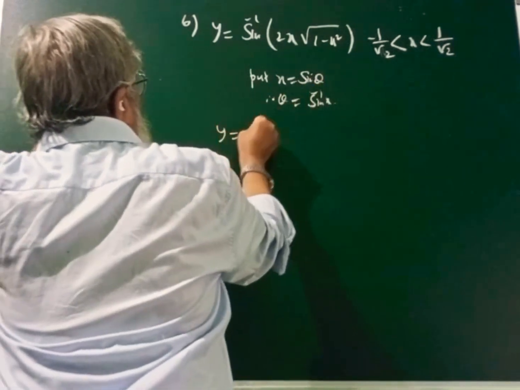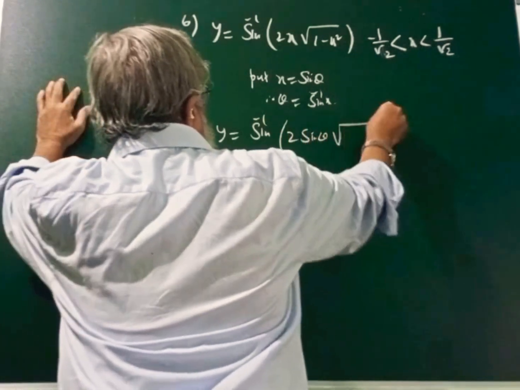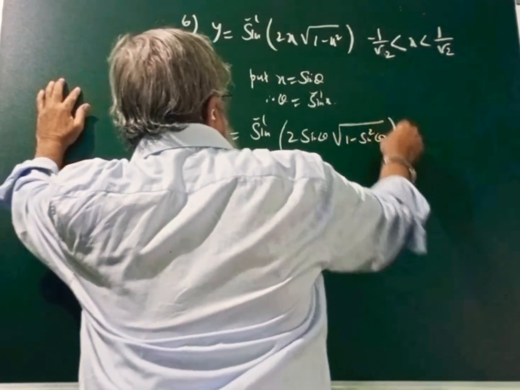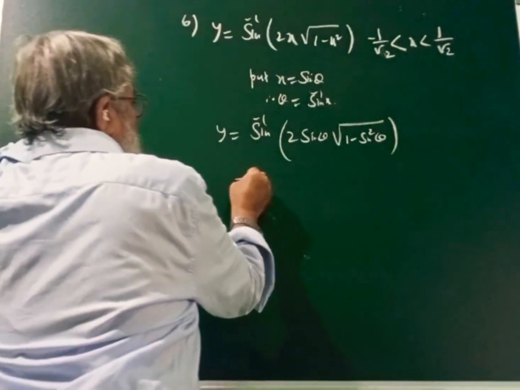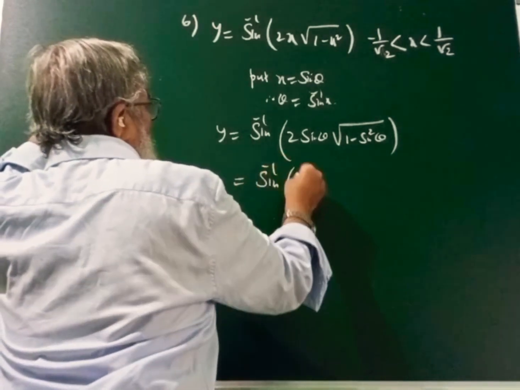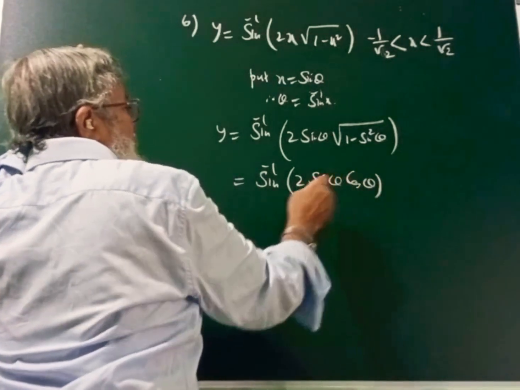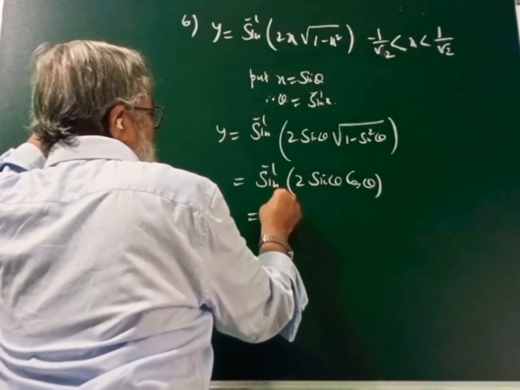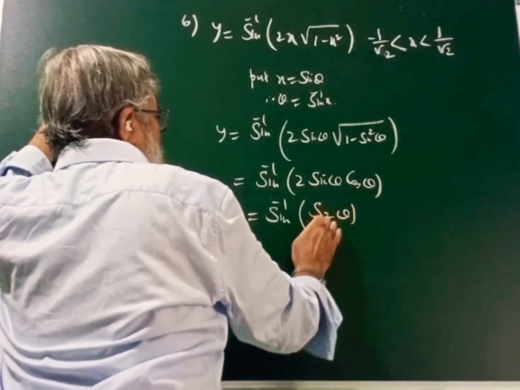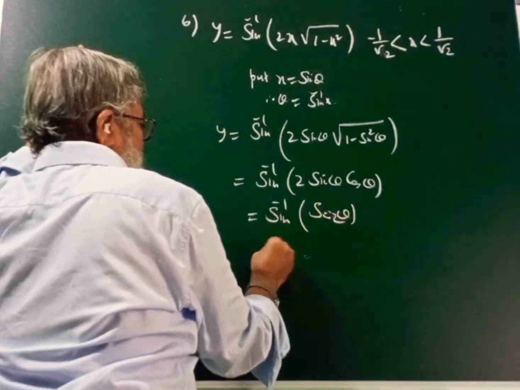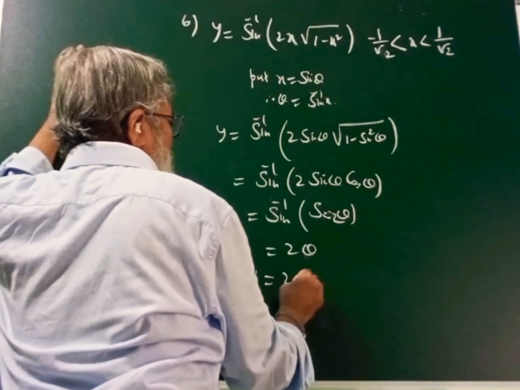Now y is equal to sine inverse of 2 sine theta under root 1 minus sine square theta. Now under root 1 minus sine square theta is cos theta. Therefore we can write it as sine inverse of 2 sine theta cos theta, that is sine 2 theta. Sine inverse of sine 2 theta, again this gets cancelled, it is 2 theta, or y is equal to, substituting the value of theta, 2 sine inverse